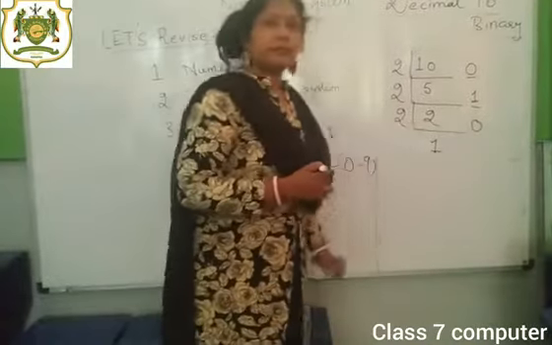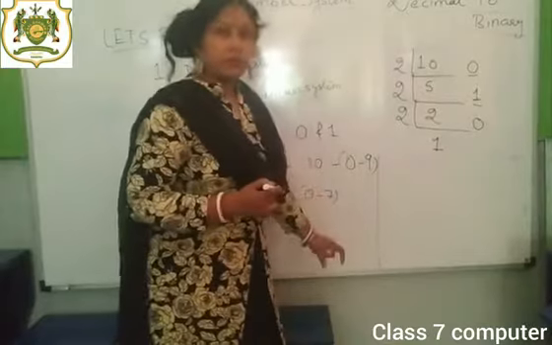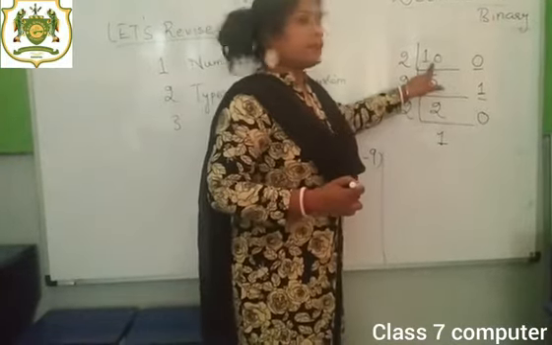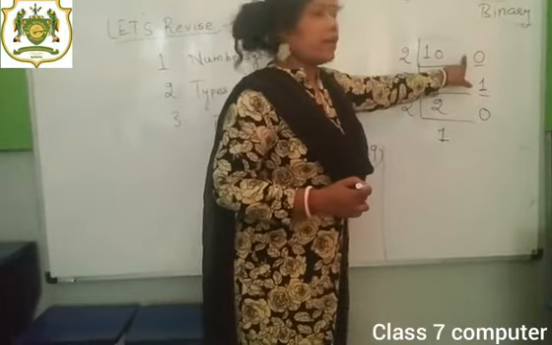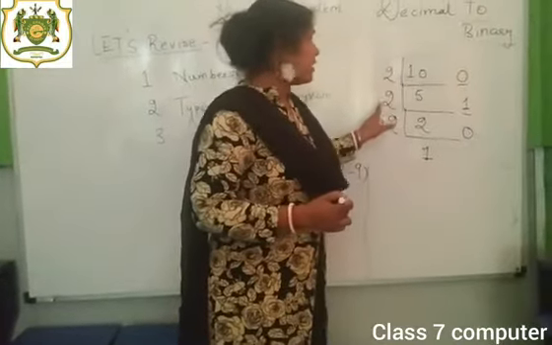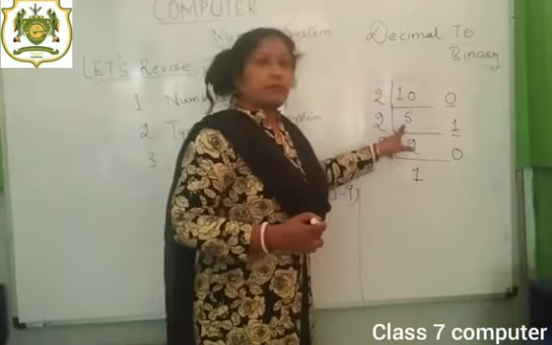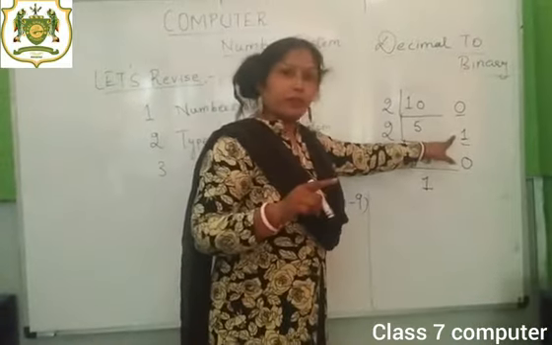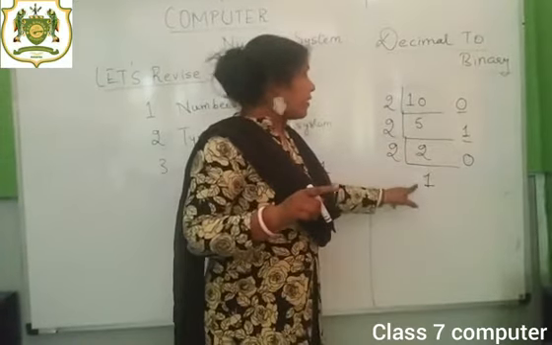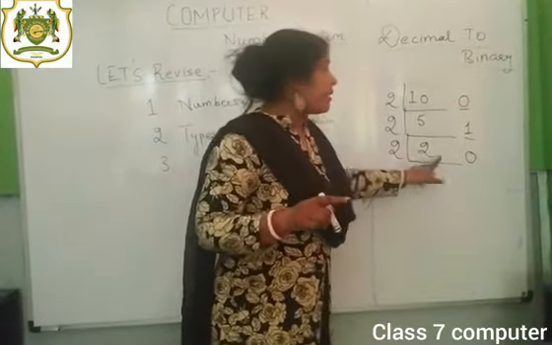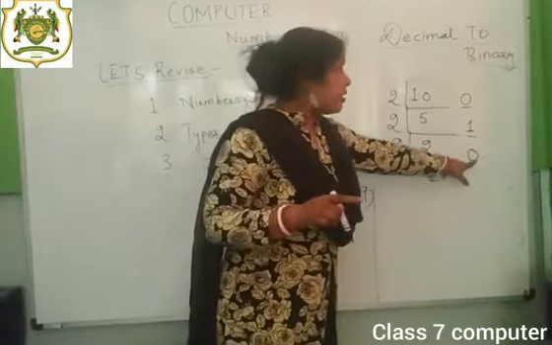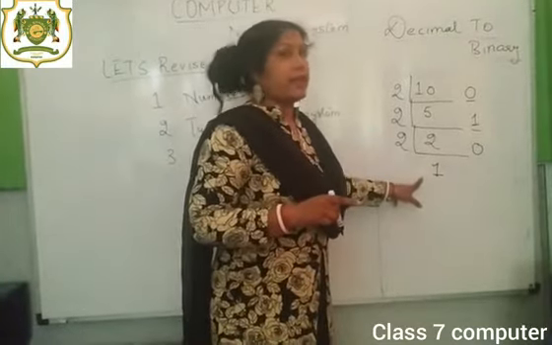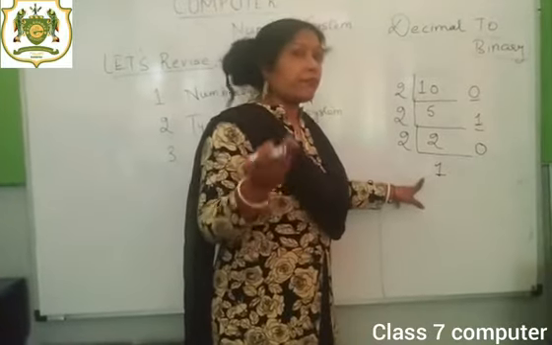Can you see that? Shall I repeat this once more, students? Okay. Now look at the number again. 2 5s are 10. The remainder is 0. So I have written the remainder over here. Next, 2 2s are 4. 5 minus 4, 1. Remainder is written over here. Next, 2 1s are 2. Again the remainder is 0. So I have written the remainder over here. And last, we are getting 1. We should get 1 at the last. After 1, we can't divide it further.